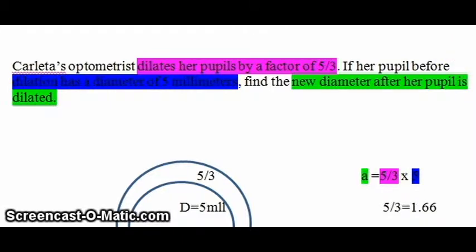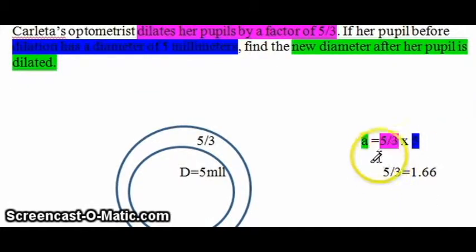The optometrist dilates her pupils by a factor of 5/3, so that's our scale factor. And you multiply that by the diameter of the pupil, which is 5 millimeters. So 5/3 times 5 millimeters is, first we'll look for 5/3 equals 1.66, and then we multiply 1.66 times 5, which equals 8.3. So A equals 8.3. So the new diameter of her pupil